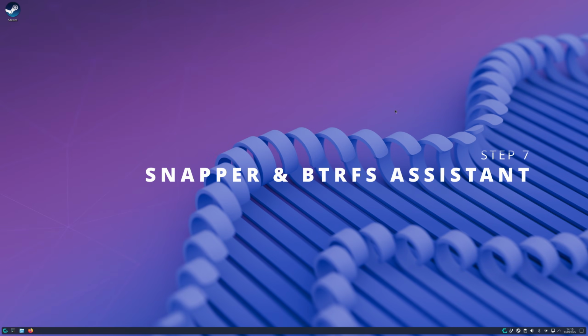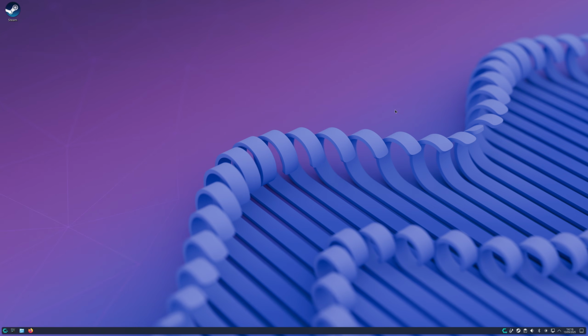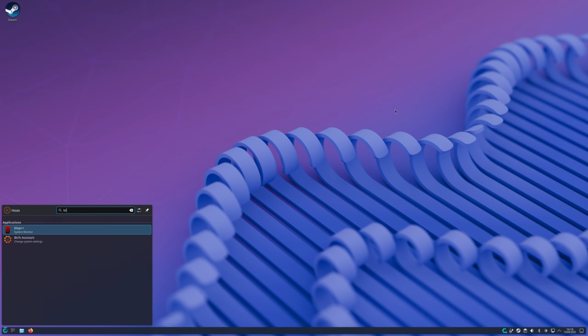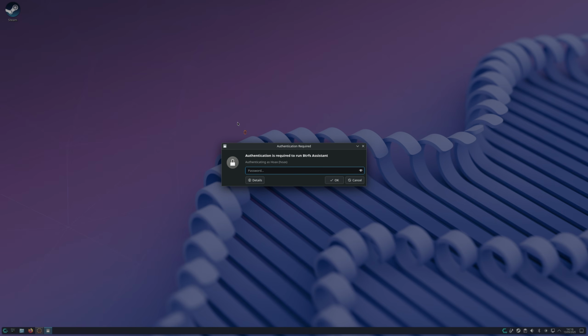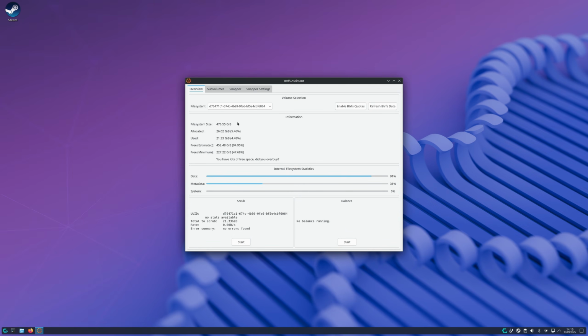Before we go too far, I want to show you how to use those handy-dandy life-saving snapshots that we were creating earlier when we were installing packages and things. To do that, open your app menu, open the Btrfs Assistant, put in your nice easy password, and there it is. You'll be able to get all your info there,